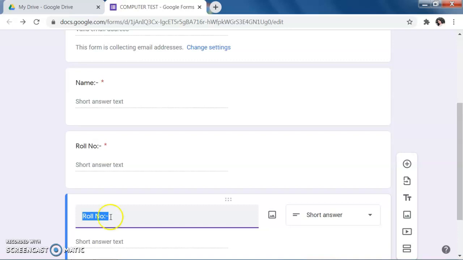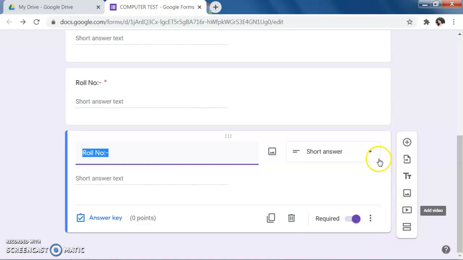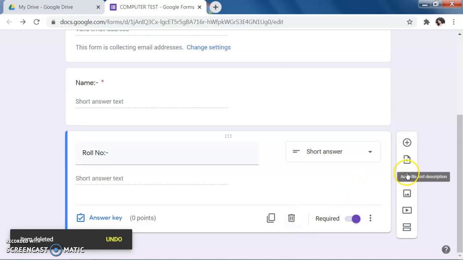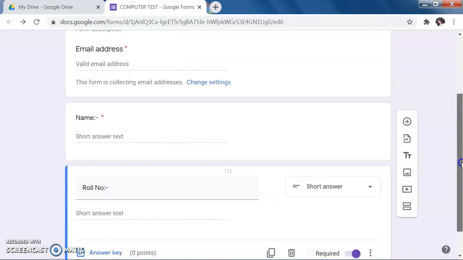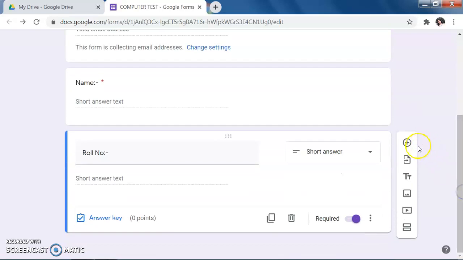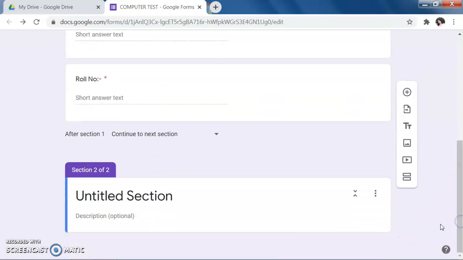and suppose now I want to start my question and answer. Or before that, if you want to remove something, you go for delete. Suppose after that I want to write on my next page. The first page is for details of the students, and then on the next page I start giving questions. So you go for add section. Add section means it comes to the next page.